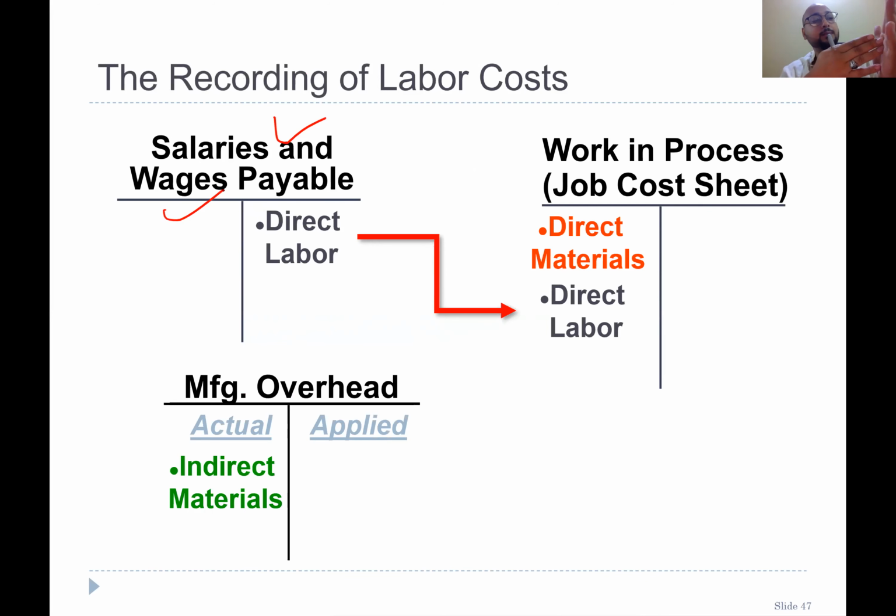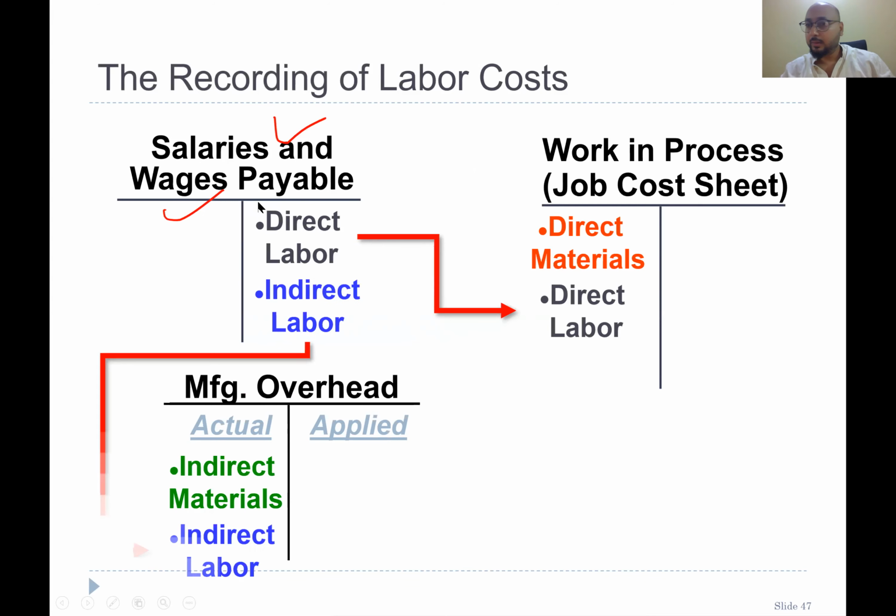Those salaries are going to be recorded, again, on work in progress and manufacturing overhead, right? Indirect labor is going to the manufacturing overhead. Direct labor is going to the work in progress, because we are converting raw material. When we are converting raw material, then the raw material cost is over there in work in progress, plus the labor cost is over there. So the entry would be